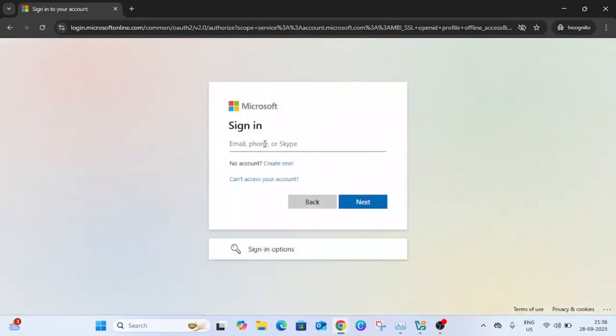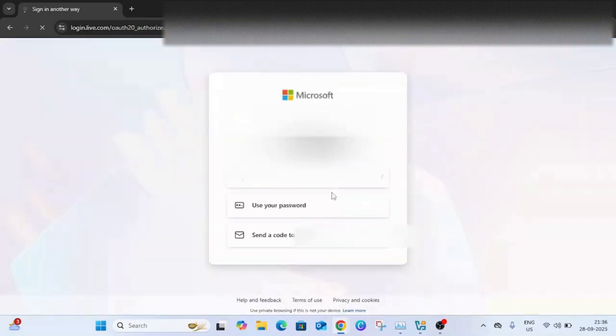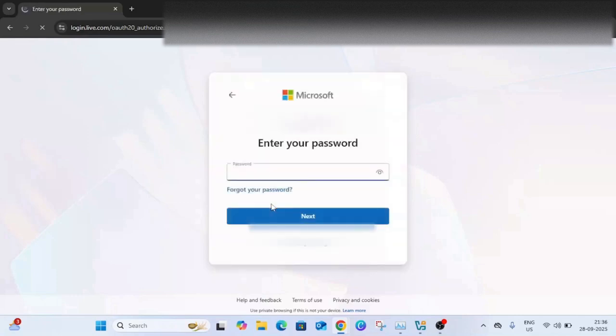Now you need to enter your Microsoft account here. So let me enter the Microsoft account here. Then you need to click on the next option, and once you click on next, you need to go to use the password, and you can see here forgot your password. Just click on this option,